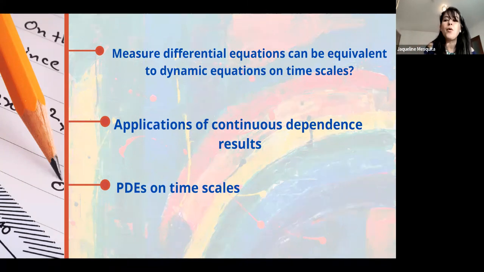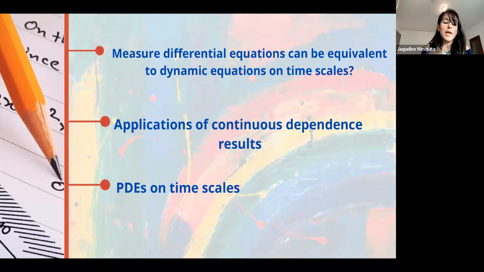For example, for any measure differential equation, we can have a dynamic equation on time scales associated to that. And we don't know this question actually, if it's true or not. We know the other way around. For example, if we have a dynamic equation on time scales, we can have a measure differential equation that encompasses the dynamic equation on time scales, but we do not know about the other way around. So that's an open question,